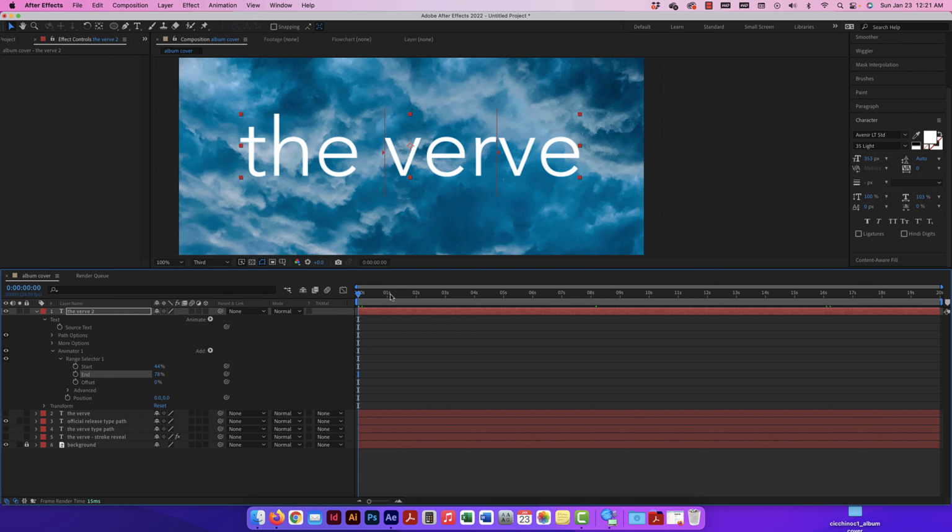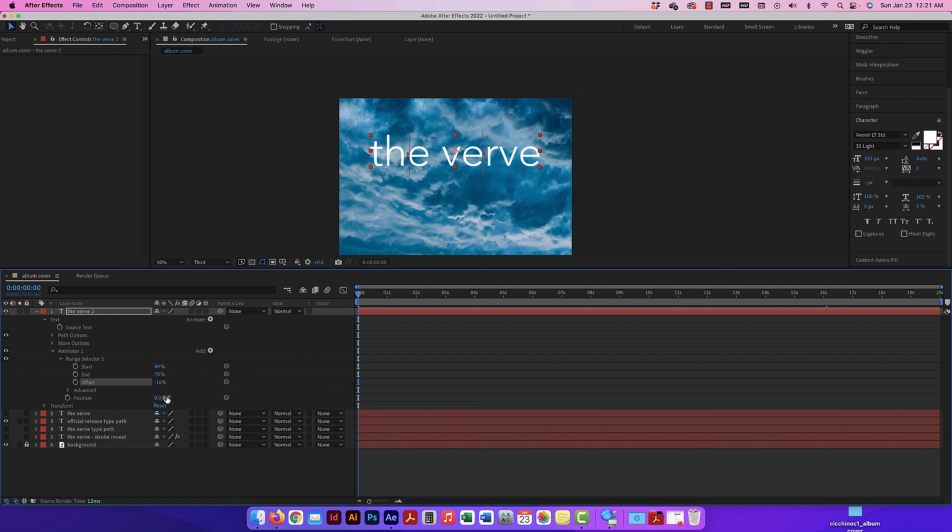So here we go. I'm going to bring it down to the beginning. Now my offset is going to do just this. Watch what happens when I scrub the offset. That's what it moves. That's how it moves. Great. So let me zoom out. Let me bring that position back up